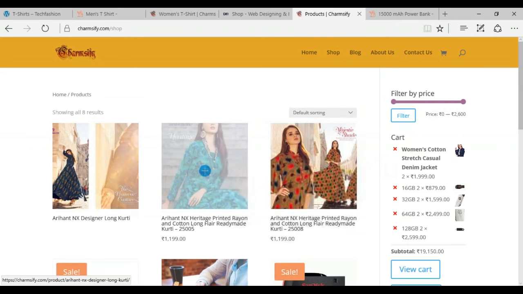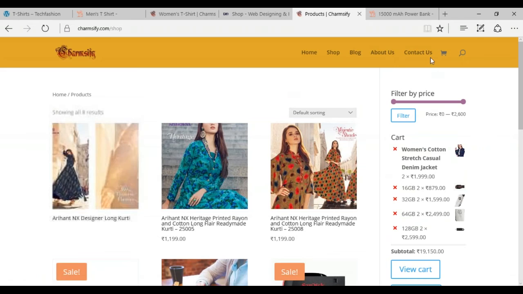Okay, now see here. When I go to the shop page, I get this particular thing, filter by price. I do not want to spend more amount on any product. I want to spend a maximum of 1,000 rupees. So I thought, okay, chalo, I have a budget of 1,000 rupees. I will go and surf the website, and I will see if anything is till 1,000 rupees. I will think whether to purchase or not.